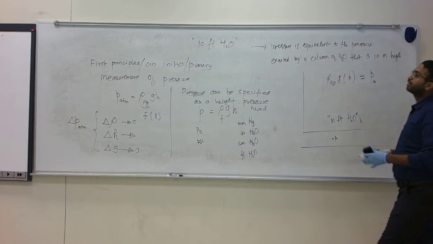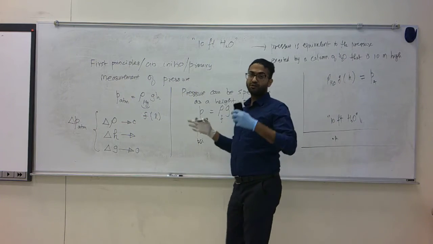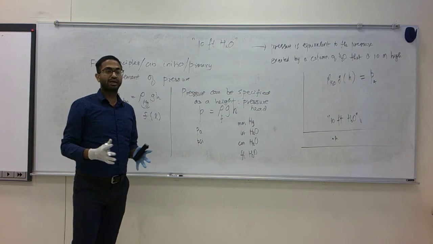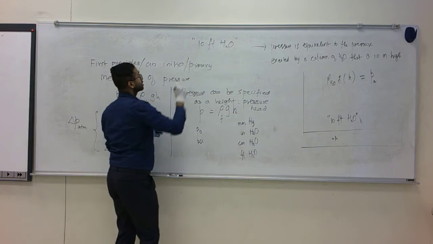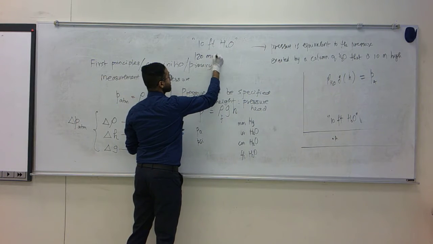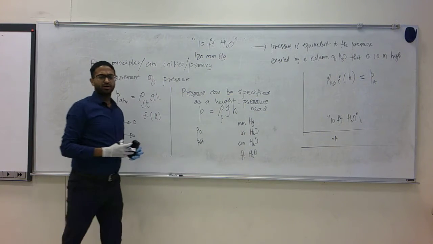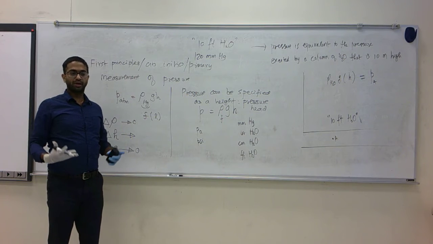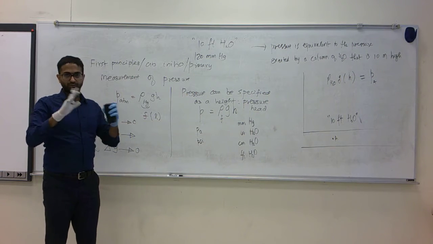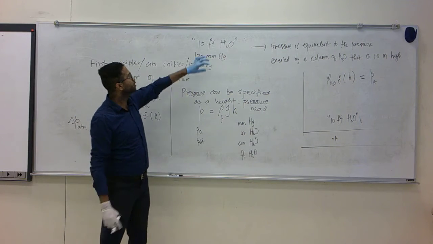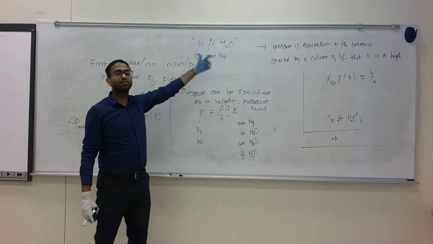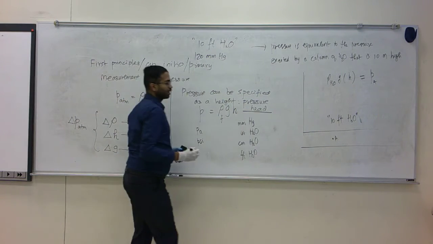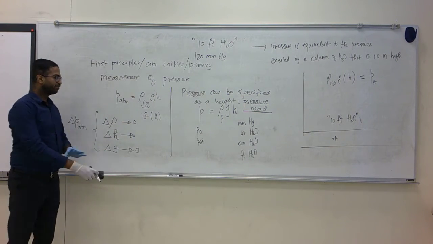It doesn't really mean that you are bringing a column that's 10 feet, filling it with water and immersing it into your setup or whatever. That's not the case. When we say 120 millimeters of mercury, of course we are not talking about injecting a 120 millimeter mercury column into our bloodstream. No, it has no connection to this fluid here. It's just a way of specifying pressure, and it's called the pressure head. Okay.